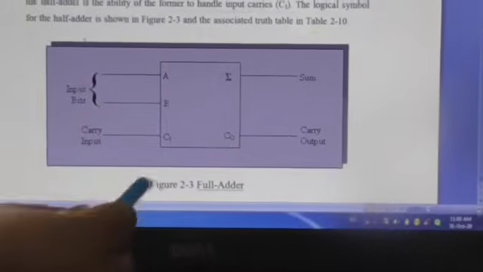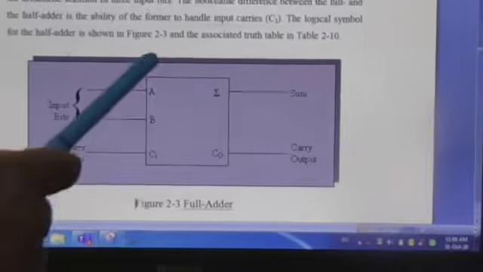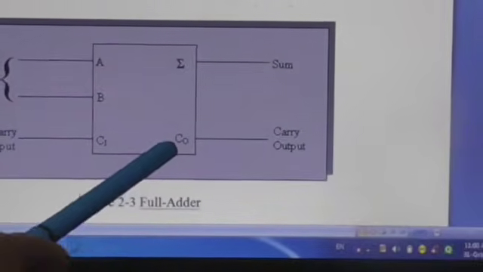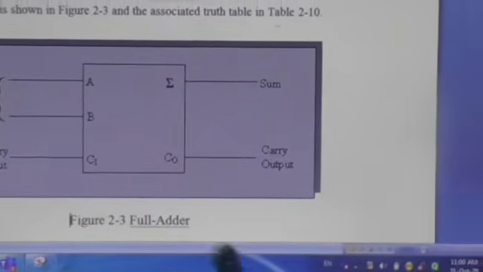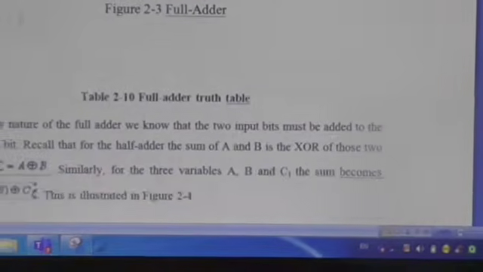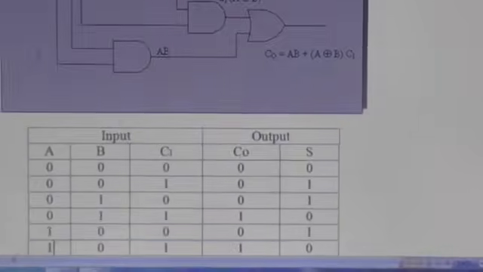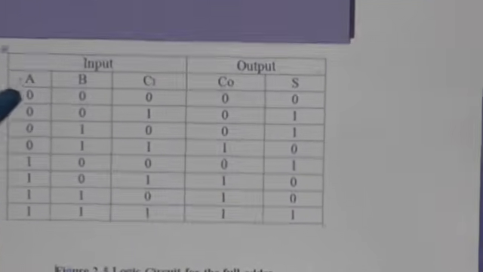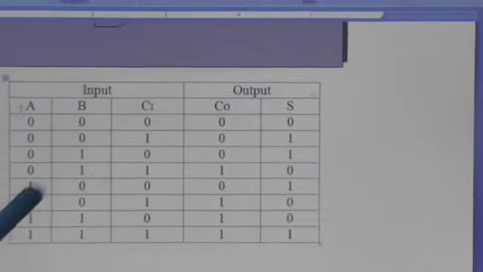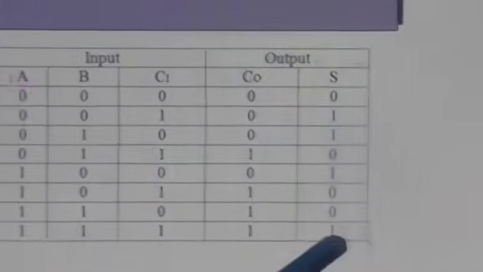So this is the logic diagram of the full adder. Here there are 3 bit inputs, A, B and C in, which produce the outputs sum and carry out. Clear? So how many combinations are there? As the number is 3 bit, a total of 8 combinations are there. As per our truth table, it starts from 0 0 0 to 1 1 1, that is 0 to 7, which produce the carry out as well as the summation.